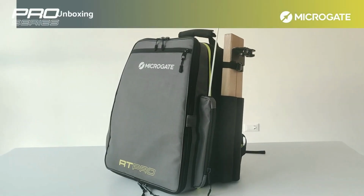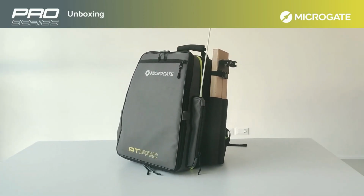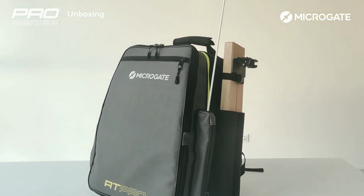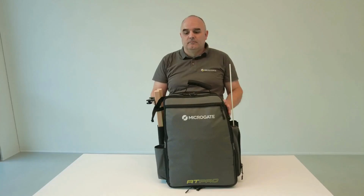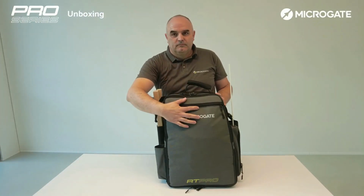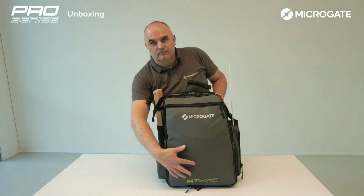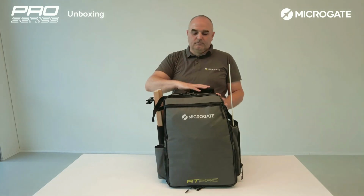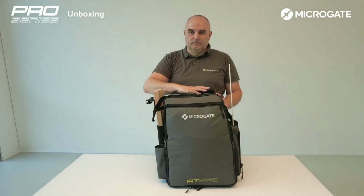Before we start with the unboxing of the kit, let's see how the new RT Pro Kit backpack is structured and what it contains. The front of the backpack features two pockets. The pocket at the top contains the HiSmart, while the one at the bottom is the section that contains the Start Gate and the HiLinks. The backpack has an additional compartment that holds devices and accessories, which are included in the basic kit or can